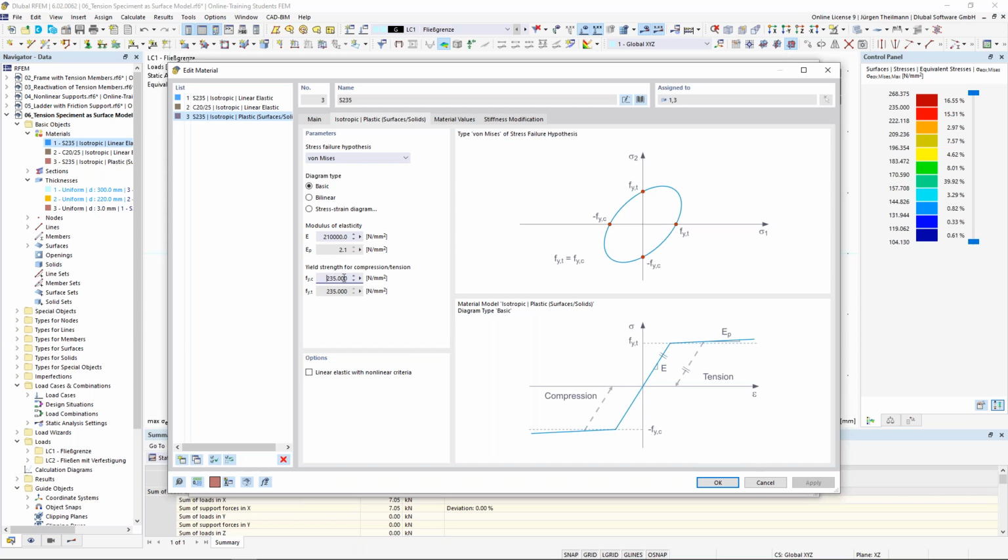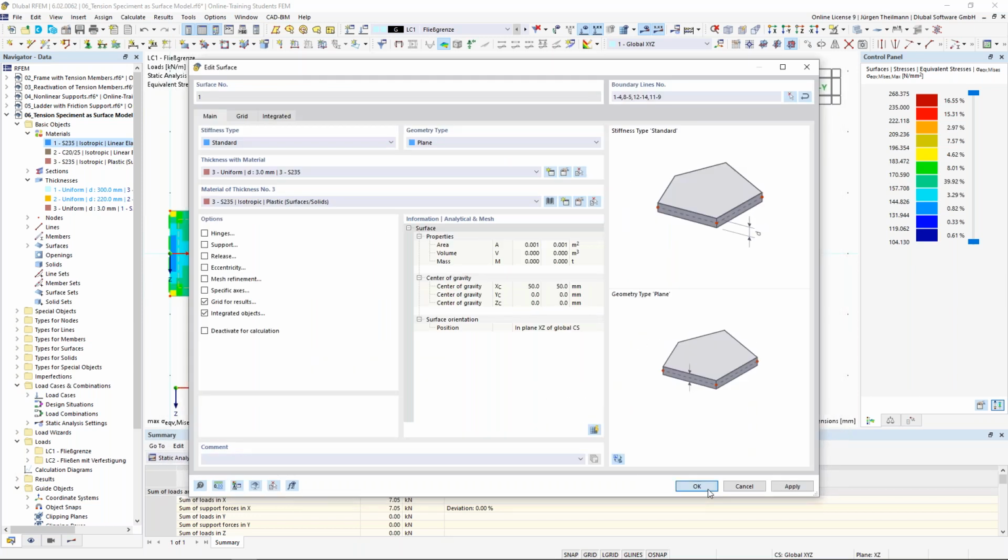It's already set to 235, and we have our modulus of elasticity and the behavior in the plastic deformation. When I say OK, and we use this material model,